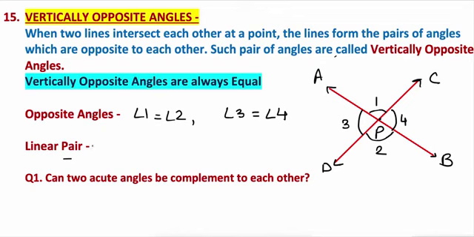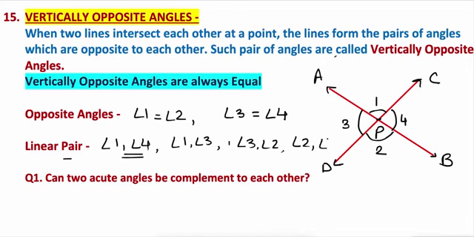And the linear pairs formed will be where the sum of the two angles is equal to 180 degree and their non-common arms are opposite to each other. So we can say that angle 1 and angle 4 form the linear pair, angle 1 and angle 3 form the linear pair, angle 3 and angle 2 form the linear pair, and angle 2 and angle 4 form the